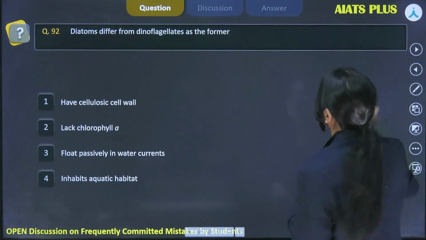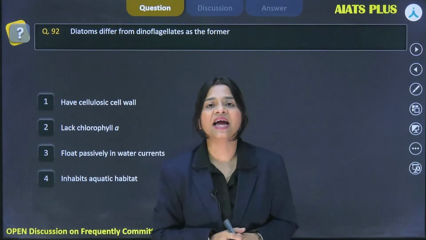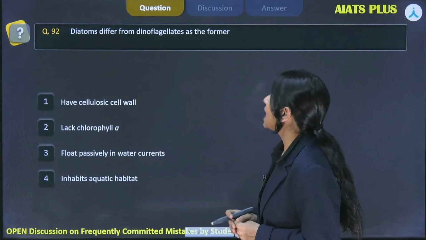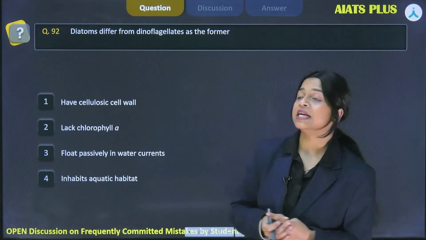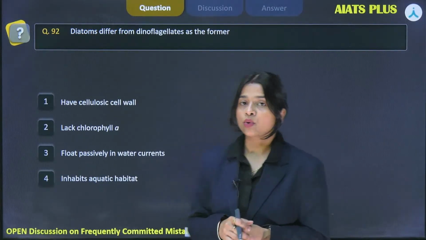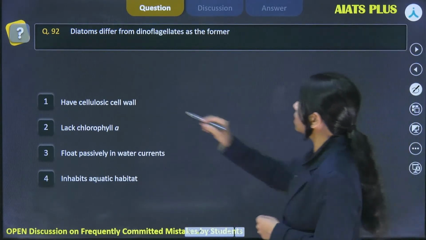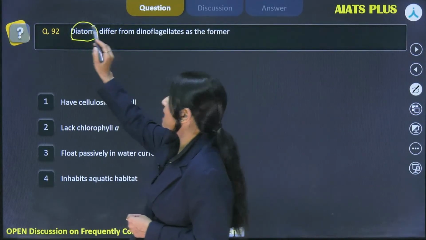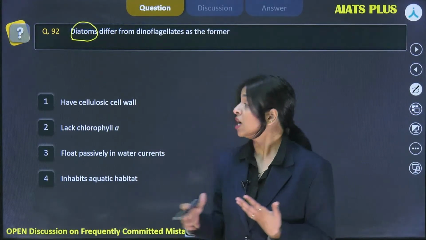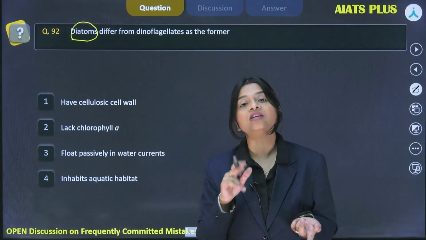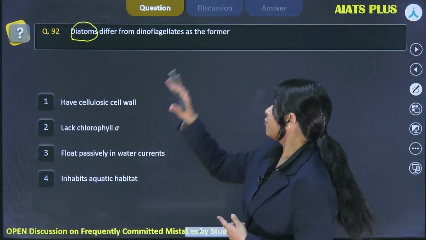So we have the question, that is question number 92. It is from biological classification, which says diatoms differ from dinoflagellates as the former. So in the question we have been asked about the former, that means we are considering diatoms. We have to see which characteristic feature is true for diatoms, and it is a differentiating feature also with